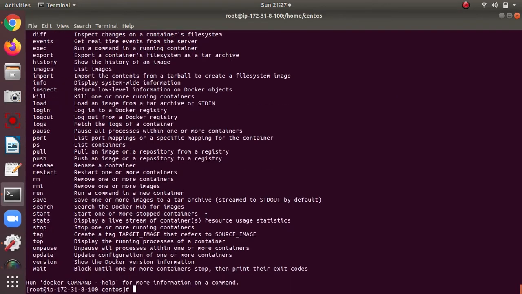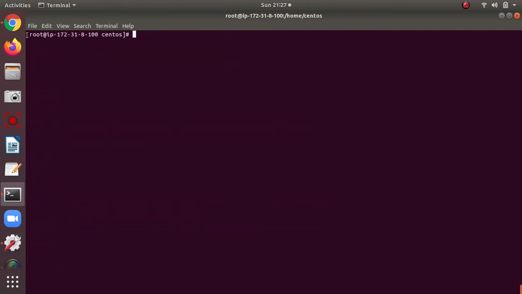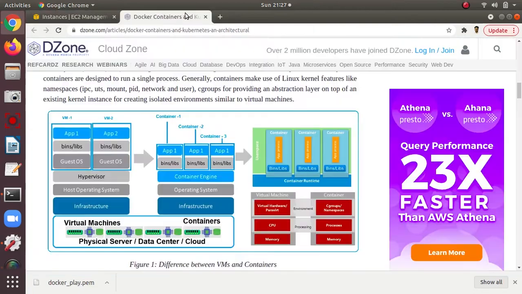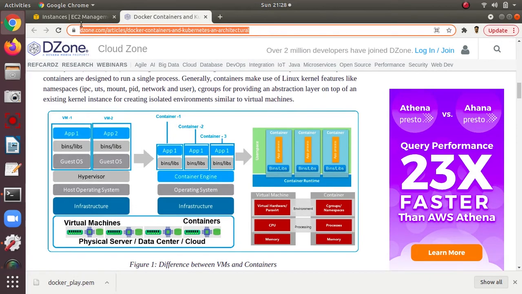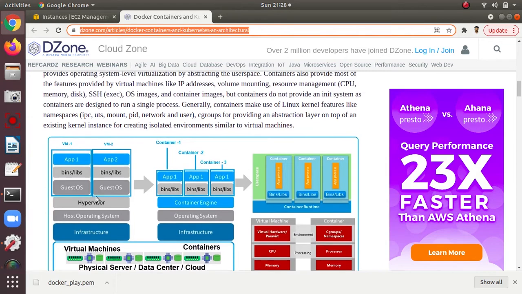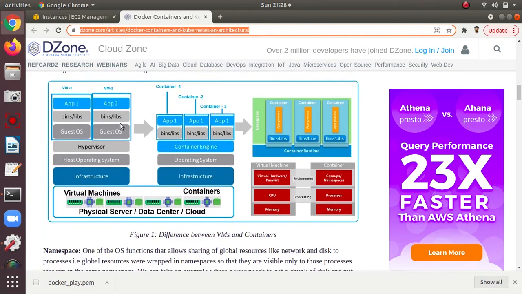Firstly, we can talk about the architecture. I have already opened the page; you can go to that link and go through the architecture part. Here on the left side you see the VM, virtual machines, and here you see the container.